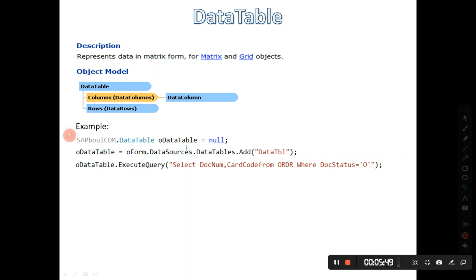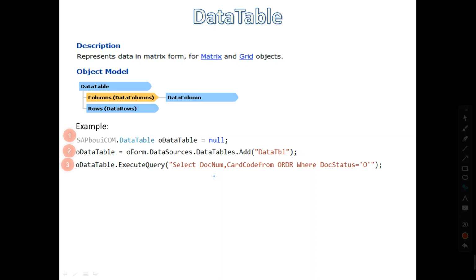Here we have created a DataTable variable in the first statement, and in the second statement we have created a data table object, and in the third statement with the help of the data table's ExecuteQuery method we are executing this SQL statement, and the result will be stored into the data table.